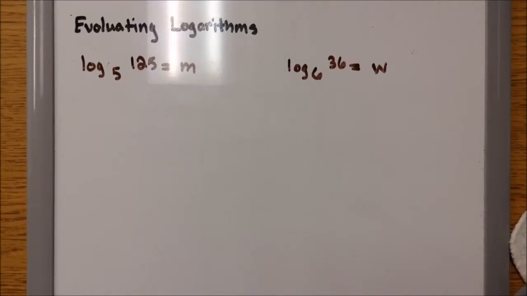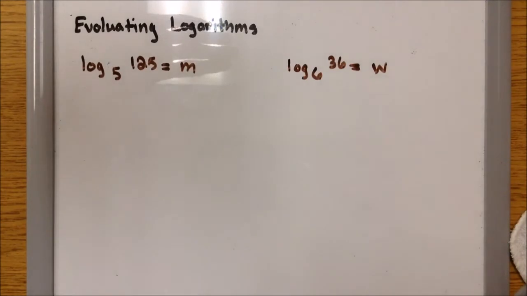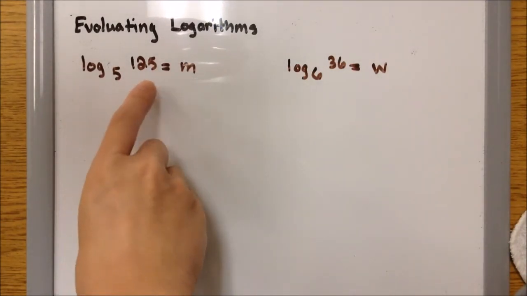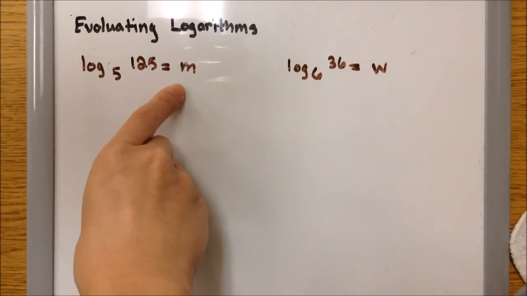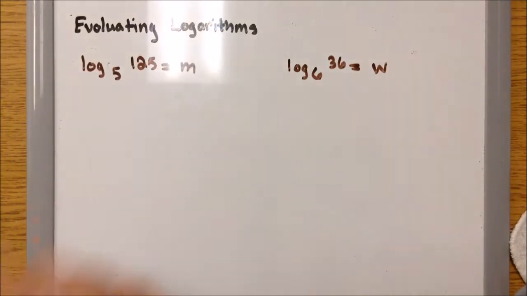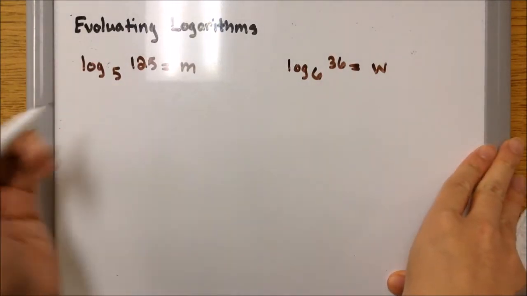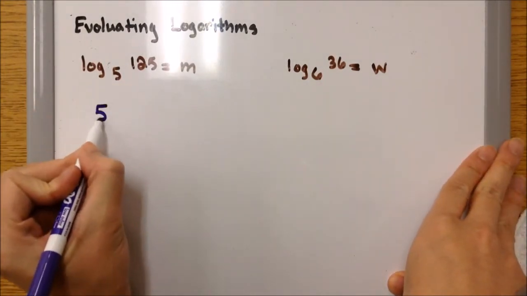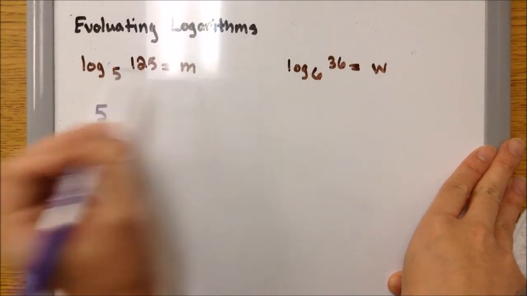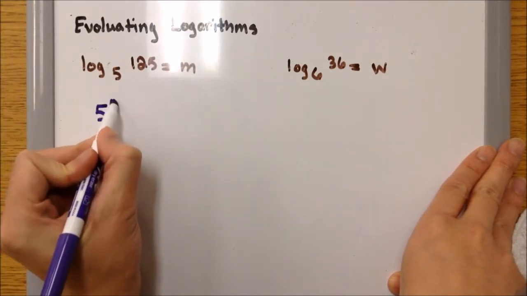Alright, let's do some practice with evaluating logs. Starting with our second example, log base 5 of 125 equals m. All we have to do is first write it in exponential form. Our base is 5, and what the log was equal to is our exponent. So 5 to the m power